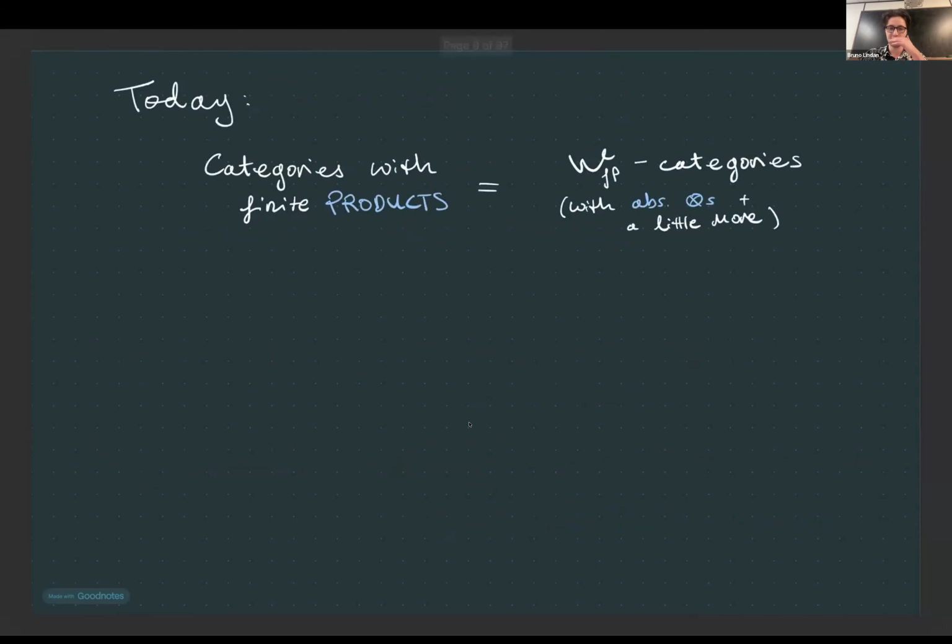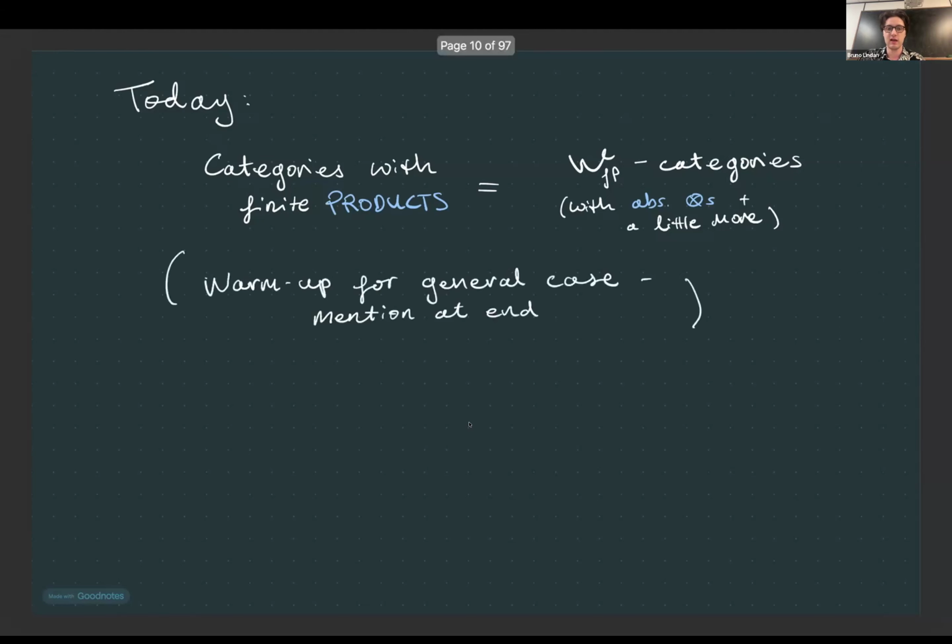So, what we're going to be looking at today is a fairly mild extension of that second example. We're going to be taking categories with finite products and cooking up a base of enrichment so that we can get exactly categories with finite products as categories enriched in this thing with some colimits. And again, we need these absolute tensors cropping up, and we'll see some justification as to why that is. There's also a little bit extra that I'm really not going to talk about today. This is not, I would say, massively interesting on its own, although there is something at the end that I think is curious.